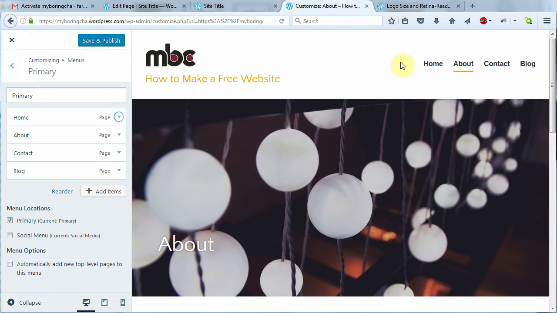So every time you create a new top-level page, it will automatically add it to this menu. Personally, I don't like that. I like to be in complete control over what's in my menu. So I'm going to leave that box unticked. Now I'm going to click Save and Publish, and I'm going to go back one here,